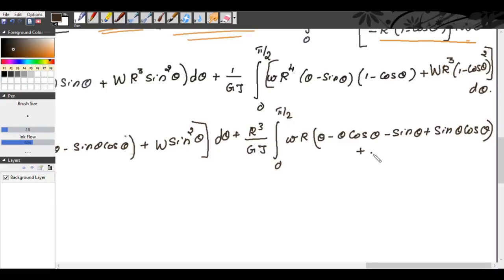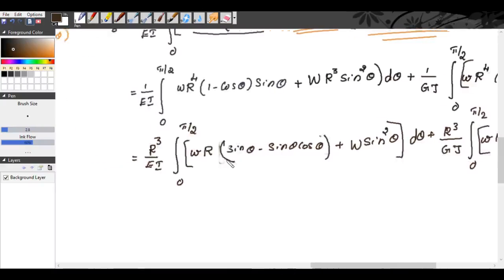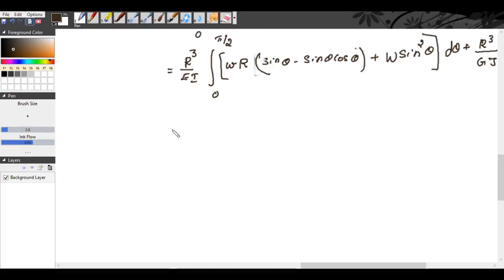Plus, R cube is taken out. We have W into A minus B the whole square. This is 1 minus cos theta the whole square. A minus B the whole square, we get A square minus 2AB plus B square. So 1 minus 2 cos theta plus cos square theta into d theta. So from which we get